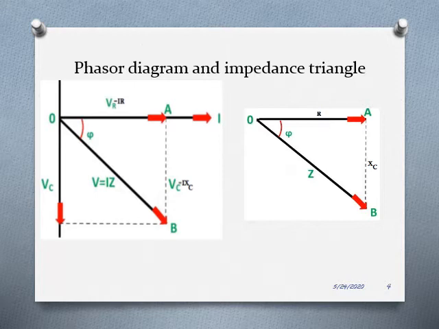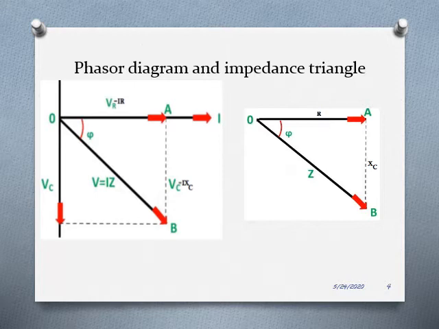We have already learned that the current through a resistance and the voltage across it will be in phase. For resistance, V and I start from the same position. So the voltage across the resistance, which is VR, will be drawn in alignment with the current vector. So OA is drawn in the same direction as the current I and marked as VR. VR is nothing but the voltage across the resistor. From this VR, we are going to draw the voltage across the capacitor Vc.